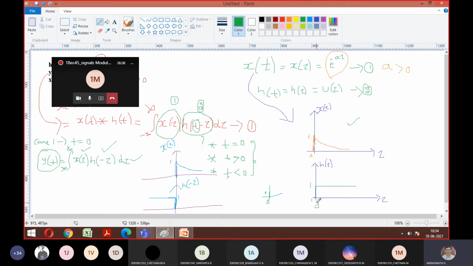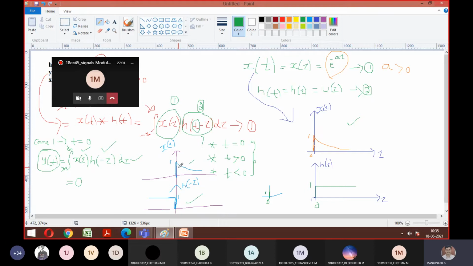Since I'm doing convolution, if you have a limit with respect to that particular interval, you can apply. Now the limit is minus infinity to plus infinity. Time is at 0. Do we have any overlap in this position by comparing the first signal and the second signal? There is no overlap. If there is no overlap, it means the output remains 0. Simple. Don't make yourself too complex. If there is any overlap, we'll discuss that when we move further.